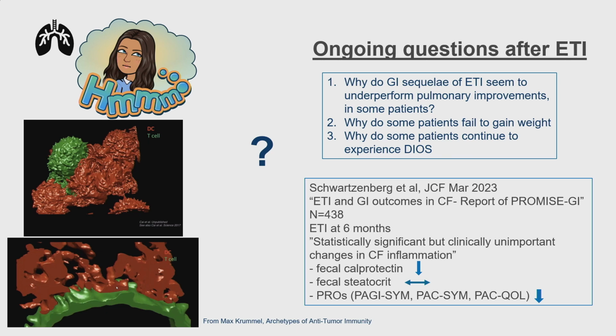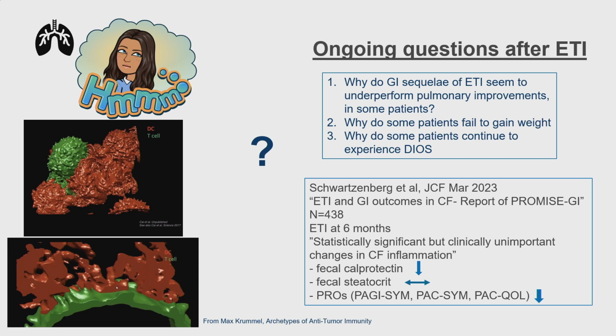So I'm a pulmonologist. I work on immunity in the lung, and I work on topics such as what you see here in these beautiful pictures from Max Krummel. And what you see there is antigen presentation. You can see a green T cell palpating a very much larger dendritic cell, and that's the process of antigen presentation taking place. You can see what a dynamic relationship that is, and that the T cell and the dendritic cell are interdigitating in all these different places where they're making contact. None of that would be possible without specific metabolic processes happening within the cells.